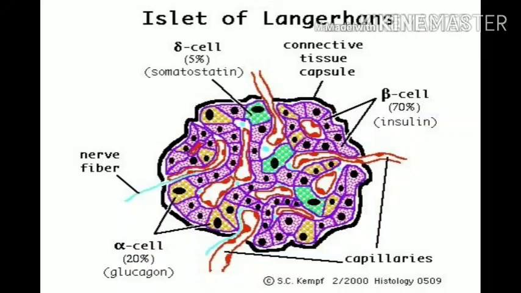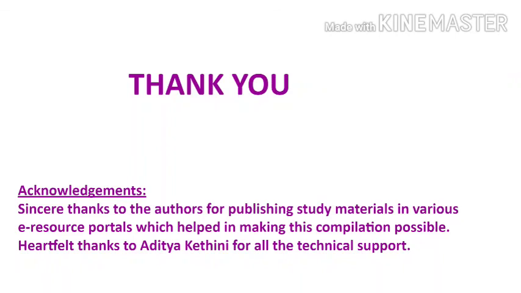So this describes the outline histology of pancreas, wherein you have learned about its position and its exocrine and endocrine parts, followed by its function. So to conclude, the acini produce pancreatic juice, whereas the islets of Langerhans produce 2 major hormones, insulin and glucagon. This describes the outline histology of pancreas.